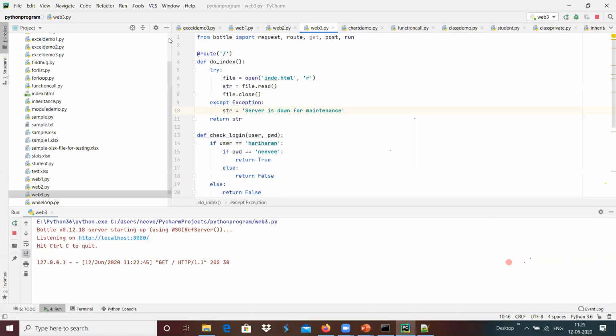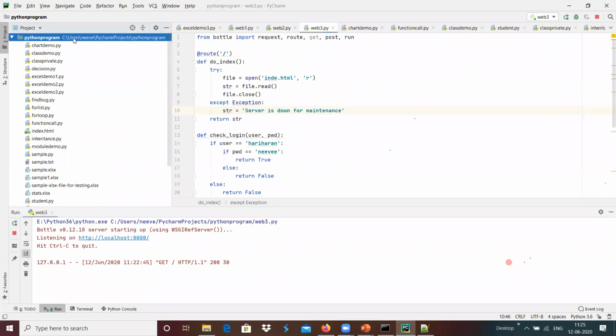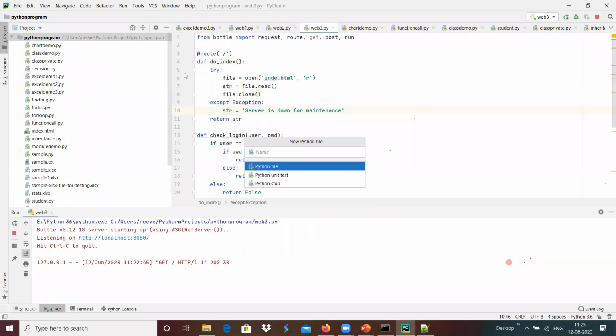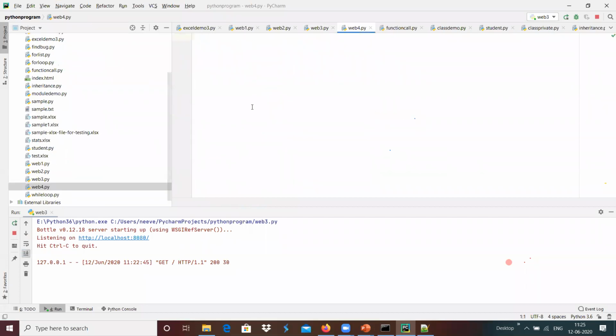Maybe I'm going to create another new file, a Python file, web4.py over here. From bottle I'm going to import route, template, get, and post.